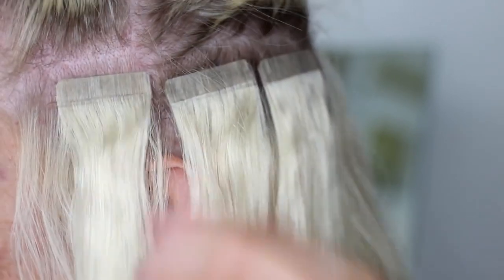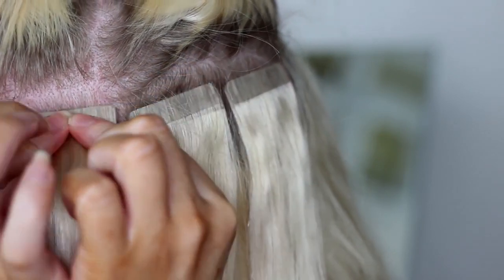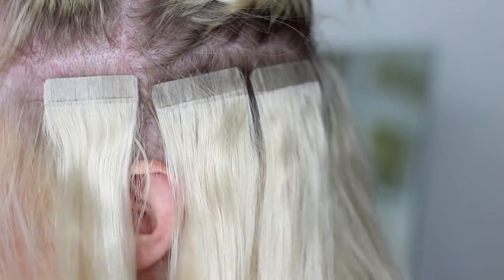And remember guys, it doesn't have to be perfect, it doesn't have to be all straight, just as long as it doesn't get any bubbles into the tape. Then you take another section of hair and do the same procedure as we have done in the entire hair tutorial. You do this all over the